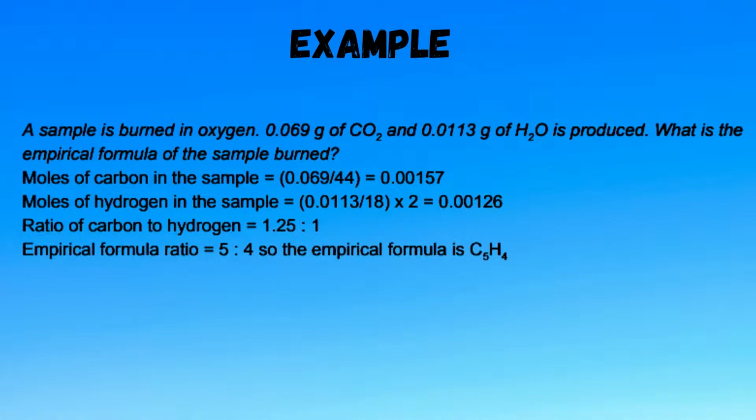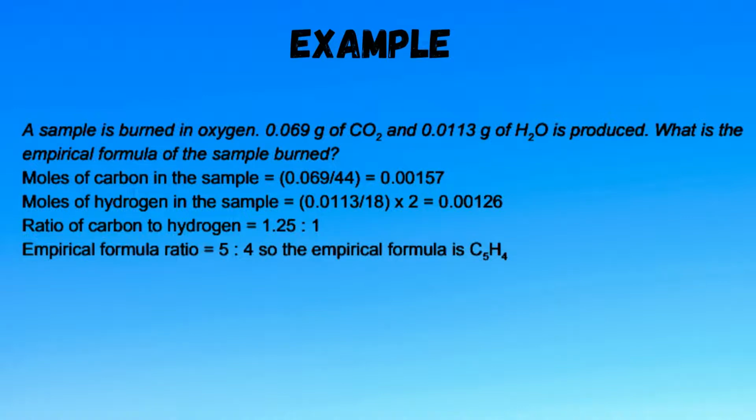Example: a sample is burnt in oxygen, 0.069 g of carbon dioxide and 0.0113 gram of water is produced. What is the empirical formula of the sample burnt? First of all, moles of carbon in the sample equals mass over molar mass, 0.069 over 44 equals 0.00157. The next thing is about water, 0.0113 over 18, but as you know, one water contains 2 hydrogen, so multiply by 2 to give the moles of hydrogen,